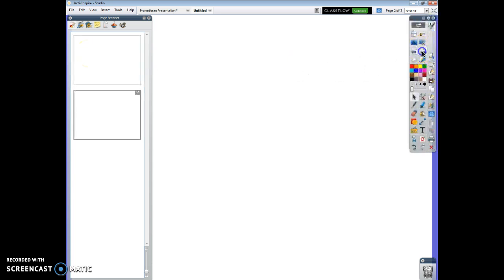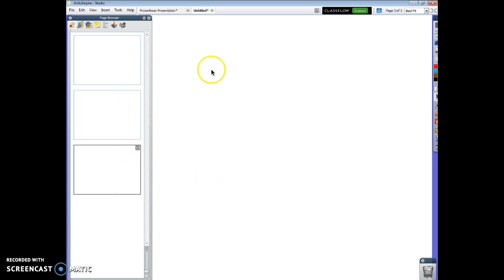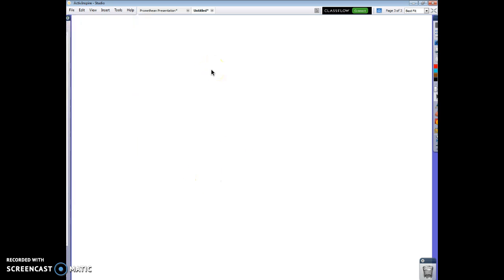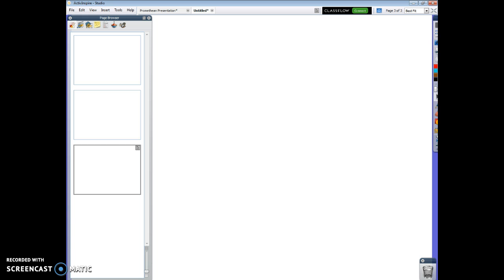When you flip through and add new pages, then they will show up over here. If ever you want to take something out of a presentation and move it to a different one, you can just drag the screen and drop it,